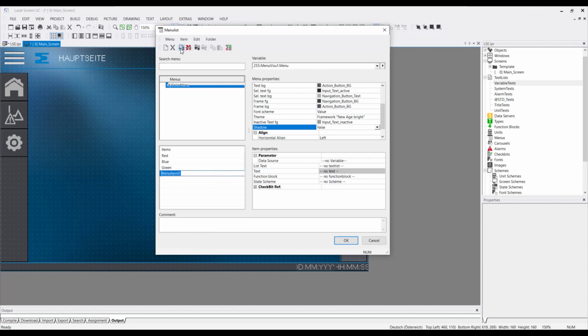The next one is yellow. There I set the data source to 3. My list text again is variable text, and as a text I choose yellow. And for the last one, which is purple, I choose the data source value 4, list text, variable text, and the text is purple. If you have set all texts and all data sources for each item, you can click on OK, and then